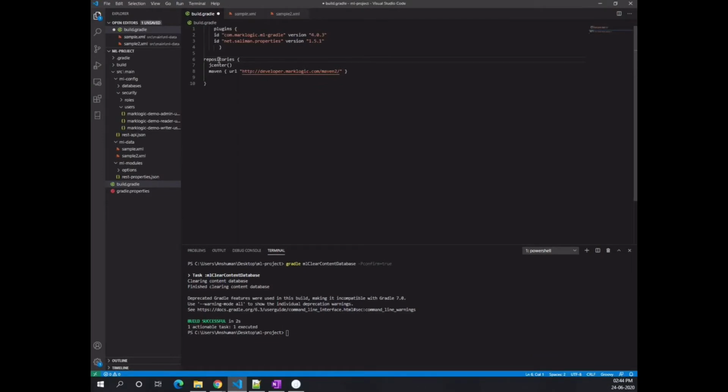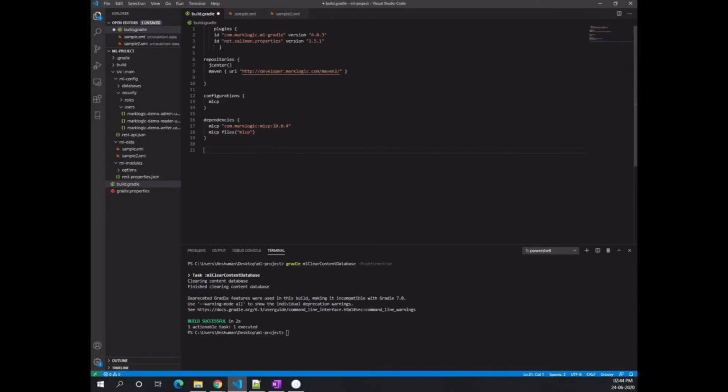Then I'll add the MLCP configuration, and then define the dependencies, that is, what version of MLCP we are going to use. Here I am using version 10.0.4.